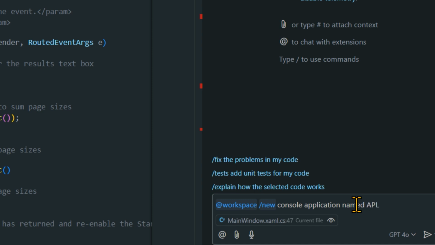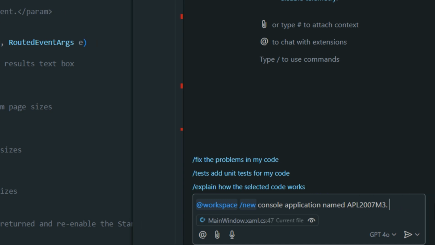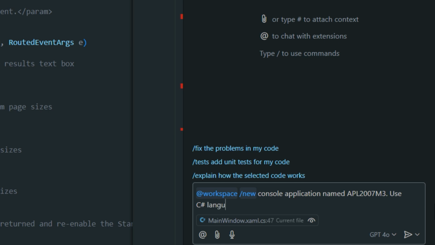So this could be APL 2007 module 3, because that's the module we're presenting in. And then last, we're going to define some of the actual development language characteristics. So we could do, I'm going to move this a little bit, use C# language version 12 and .NET 8,